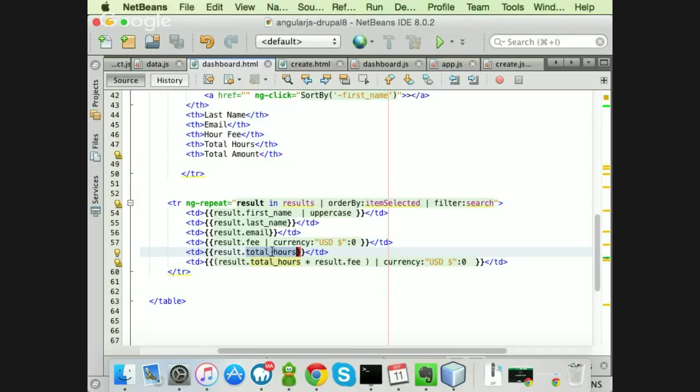Otherwise it won't work because it's not the data I'm receiving from the JSON service. And on the last row, I'm doing a math thing. I'm using total hours, multiplying it by the fee. And one more thing, the result that I get from that math operation will be sent as currency dollar, and by default we're adding a 0.